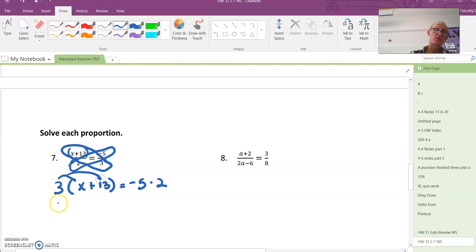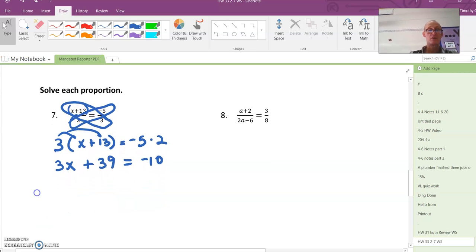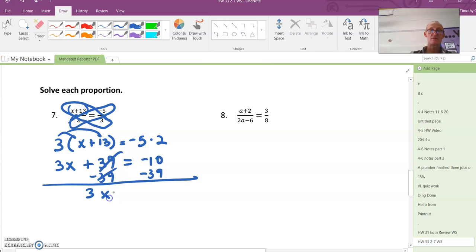Let's distribute. And 3x is what we get here, plus 39 here, and this is equal to negative 10. And then I'll subtract 39 from both sides, and 3x is equal to negative 49 is what I get here. I divide by 3,